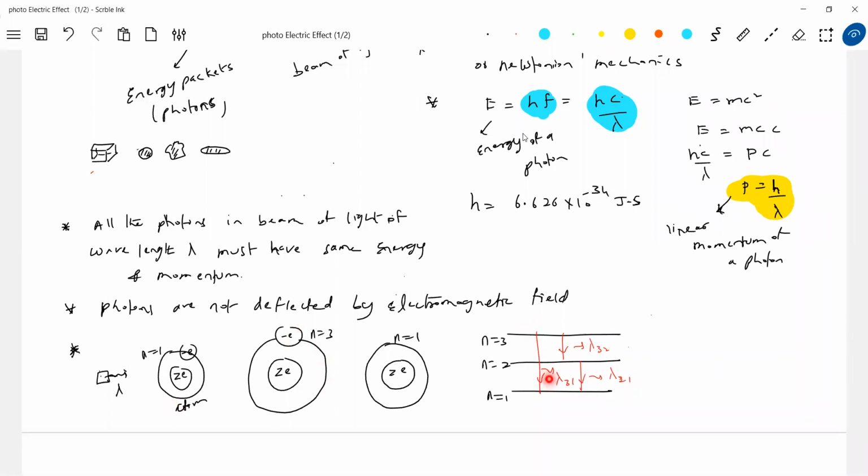So, must the number of photons be conserved when a photon interacts with a material? This atom is like a material. So when a photon interacts with a material, the number of photons need not be conserved. Or if it jumps from n equal to 1 to n equal to 4, then what happens? It may give out 3 photons. So the number of photons need not be conserved here. So we should not bother, when a photon is incident on a material, about the conservation of the number of photons.